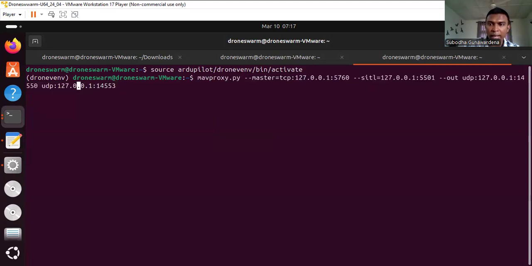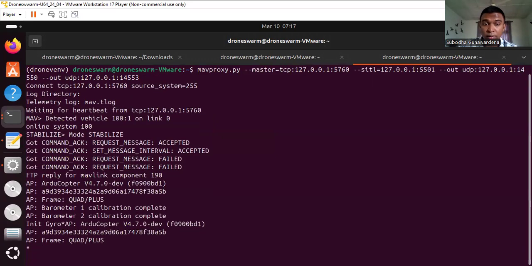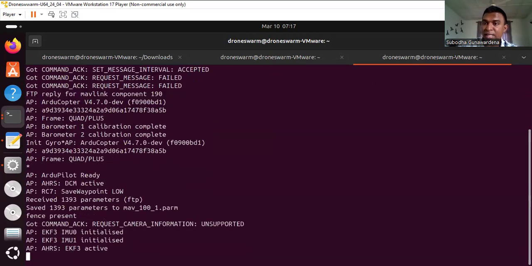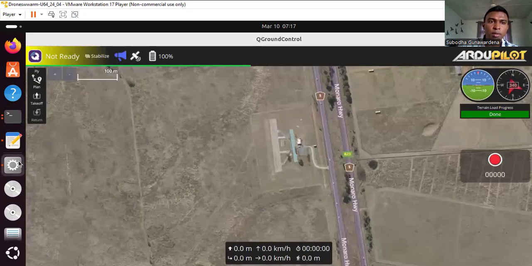So here I will have to add minus out here, right? So I have to say this is an output stream, right? So this minus out here and minus out here. I have missed this one in the description, right? So when I execute this, now, flight mode. Yeah, so it says stabilized flight mode. That means now this is connected to